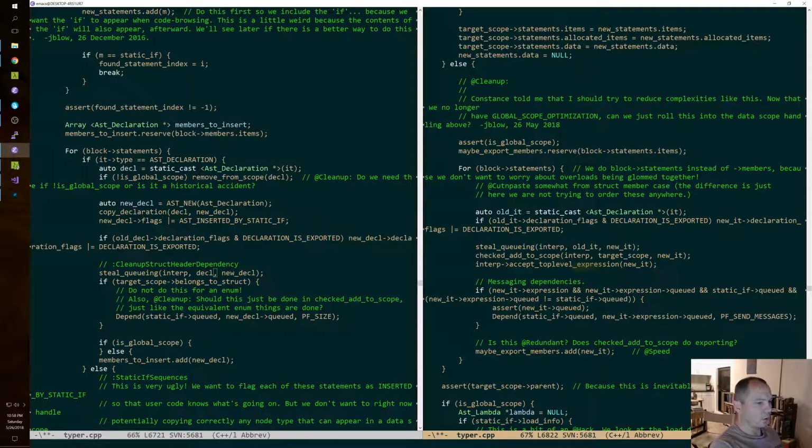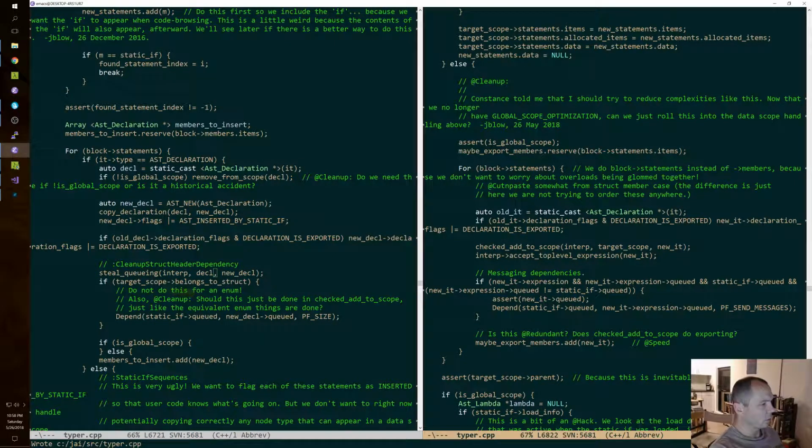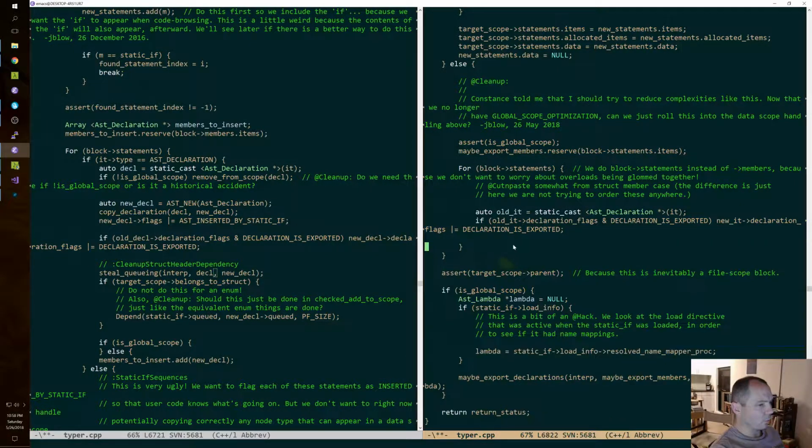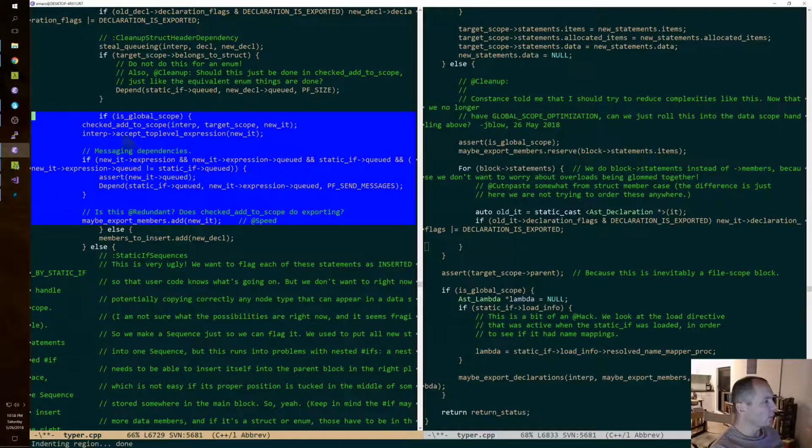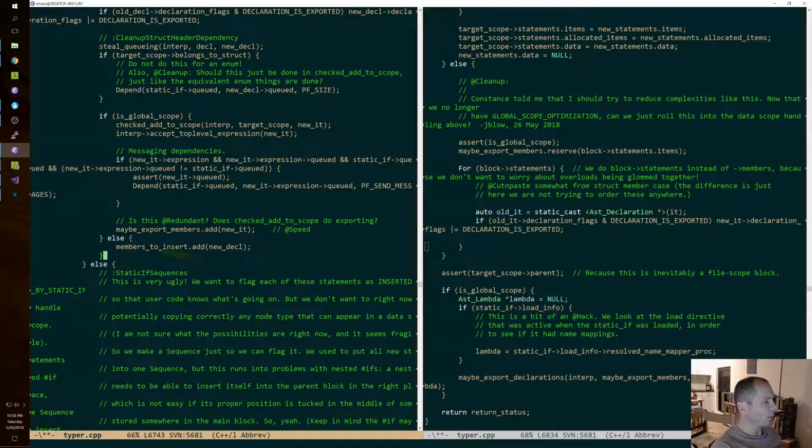So steal queuing. If is global scope, we do these. Otherwise, we do this. And then I may be able to reduce the amount of things that are happening here. Okay.